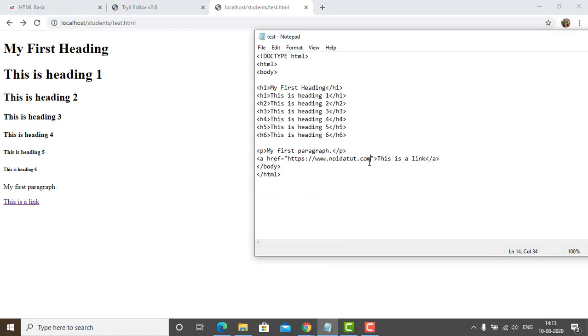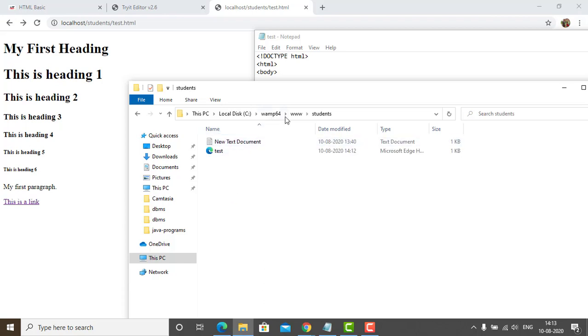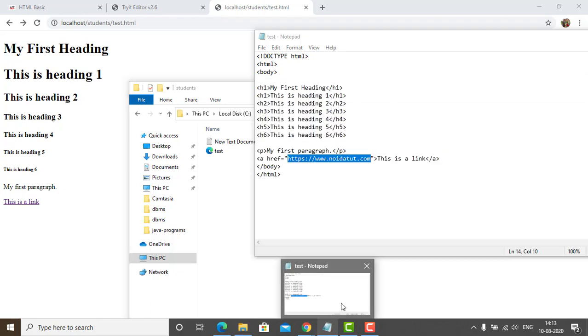Apart from the link, we can also give another file name that is saved in the same path. Now let us check what the path of the file is. This is the students folder where we are working now, and this is the text file. Now let us do one thing. Save another file.